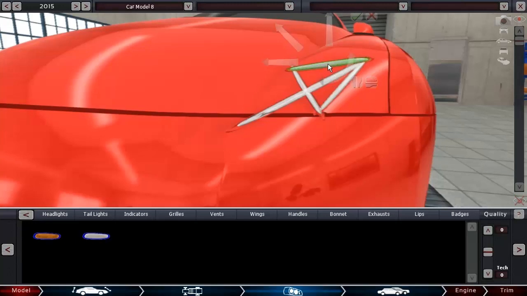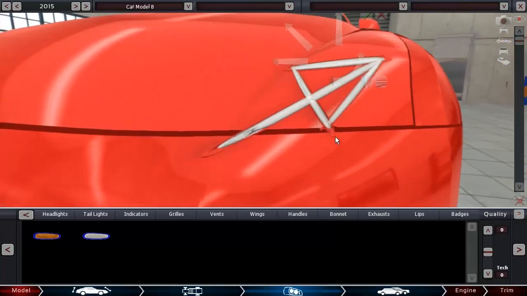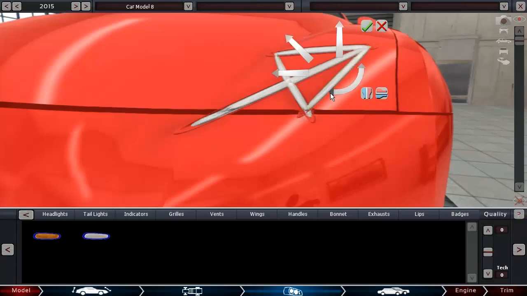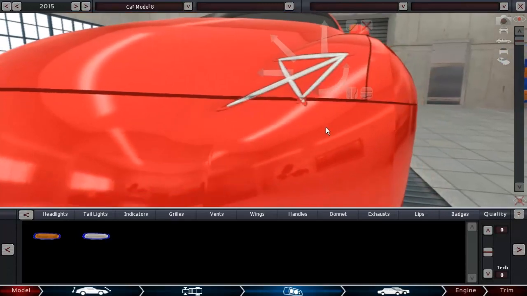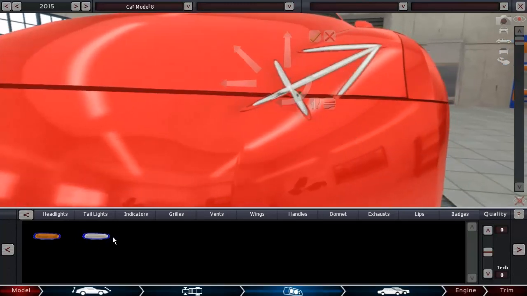Now give it a first look as to whether or not this actually is symmetric. If not, I'm gonna have to adjust the position of this thing right here. I think I should put this a little bit further down. I think that's more like it. So there we go. I'm gonna put this further down, like here,